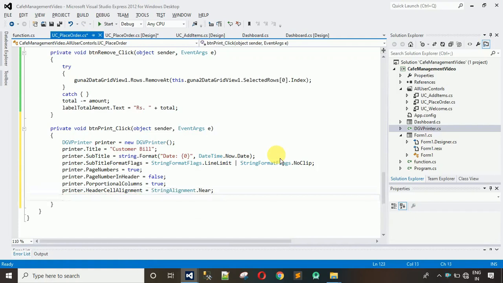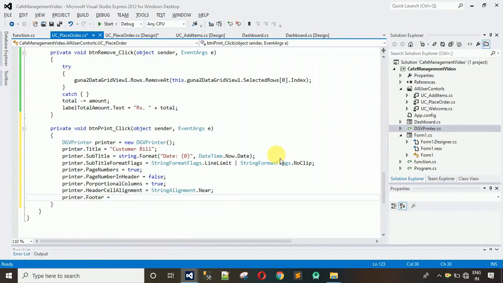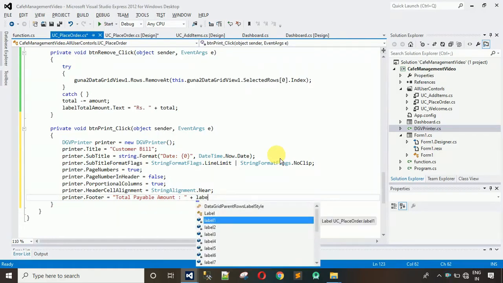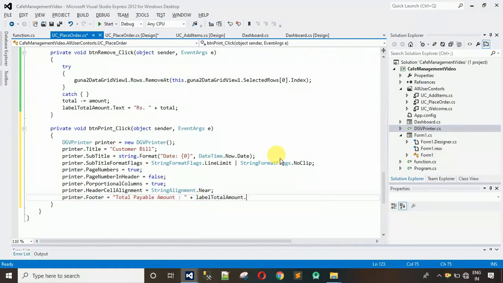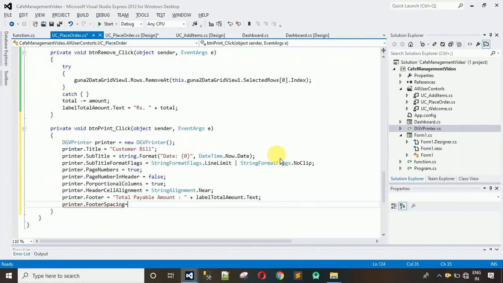and after this what we have to do is we have to just mention printer dot footer is equal to the total amount. So total payable amount is, and we have to set that from the label, so plus label total amount dot text, we have to set this, and after this I'm going to just add a footer spacing, this one is equal to 15,